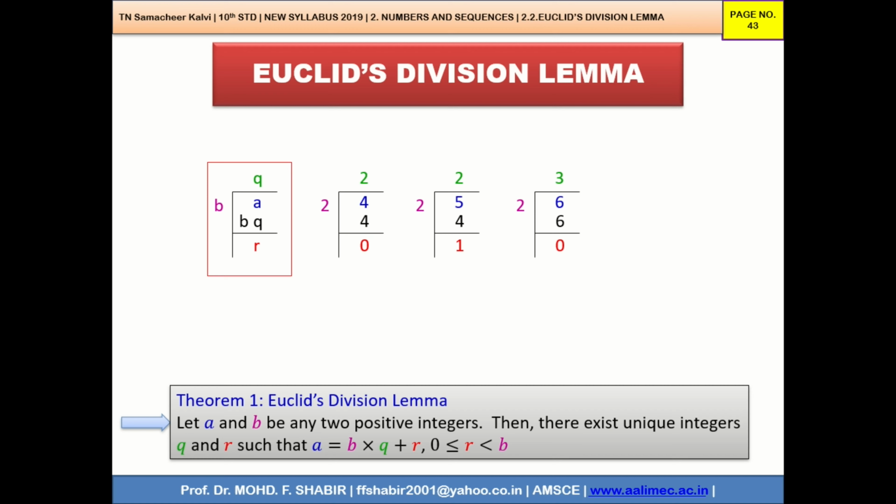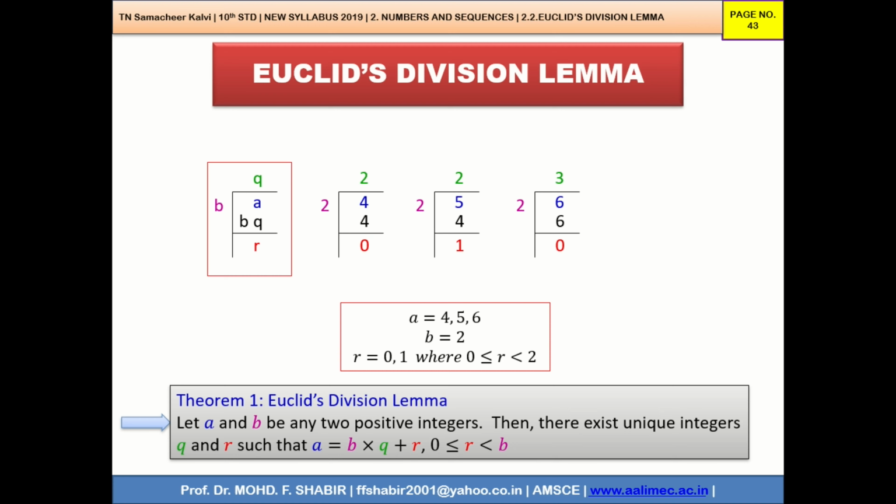So I think you understand now what Euclid's division lemma says. R is more than or equal to 0, and also it is less than the value of the divisor. So because here divisor is 2, r is 0 or 1. It is not more than 1. A equal to 4, 5, 6. I have taken the integers here. B equal to 2. Therefore r is equal to 0, 1, where r is equal to or more than 0 but always less than 2, the divisor.